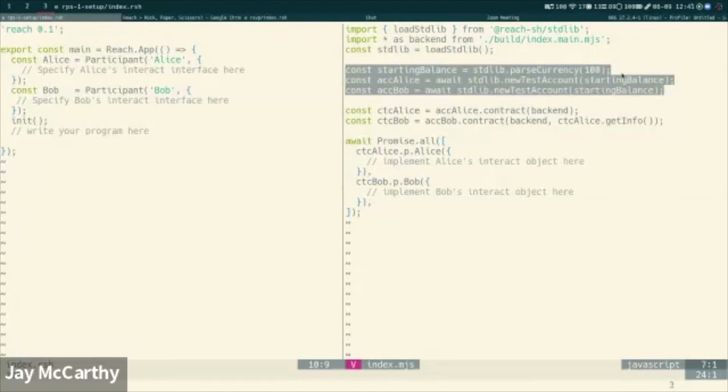So one of the things that Reach does is it abstracts away all of the tedious busywork of deploying, especially testing your applications. You don't have to deal with passphrases for your developer account. You don't have to launch the network and then keep track of what they are. You can create new test accounts that are distinct from one another as you go and fill them with funds. But now each network